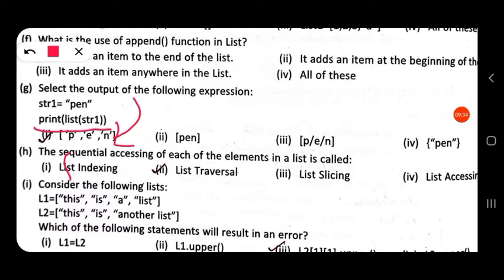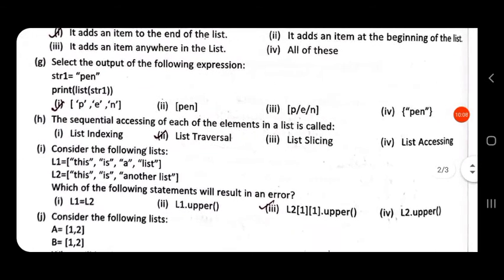Since pen is a string, all the characters in that string will be converted into a list, and each character in that string will be each element in the list. So the output will be like this. Pen will be separate characters in that string.